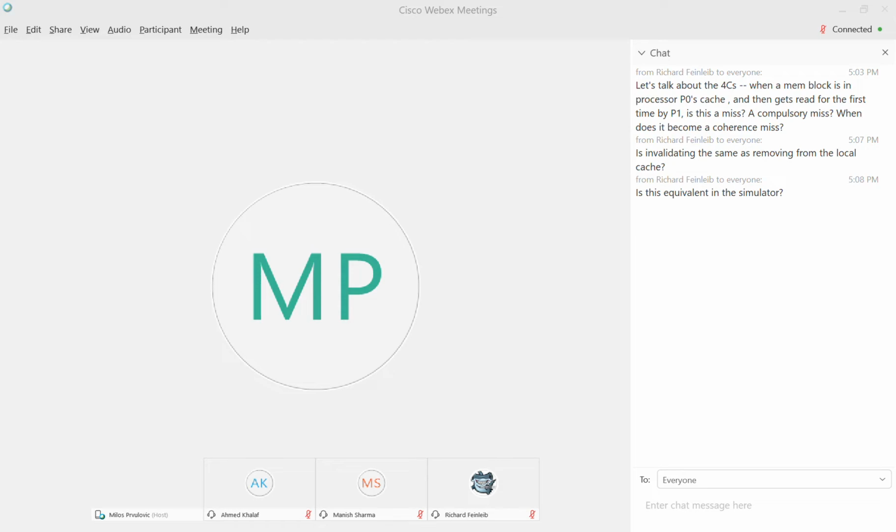However, in the simulator, because it's a software thing, what we do is we first check the tag. The reason we first check the tag is that it's an optimization of the simulator. We have to check both the state and the tag. We check the tag first because if the block is not actually present, the tag has a much lower chance of matching, since there are a lot of tags. So in the simulator, we first check the tag, and if the tag doesn't match, then we don't have to check the state, which speeds up the check for a miss. If the tag does match, then we still check the state. But the idea is that for a block that is actually not in the cache, chances are we will find that it doesn't match any of the tags, so we don't have to check the state.